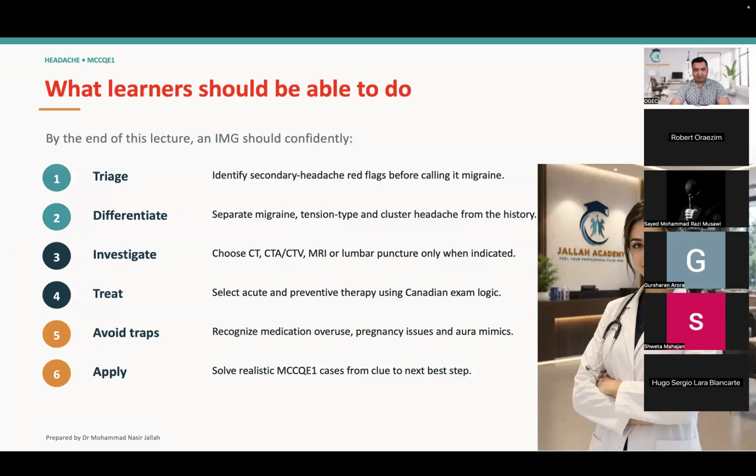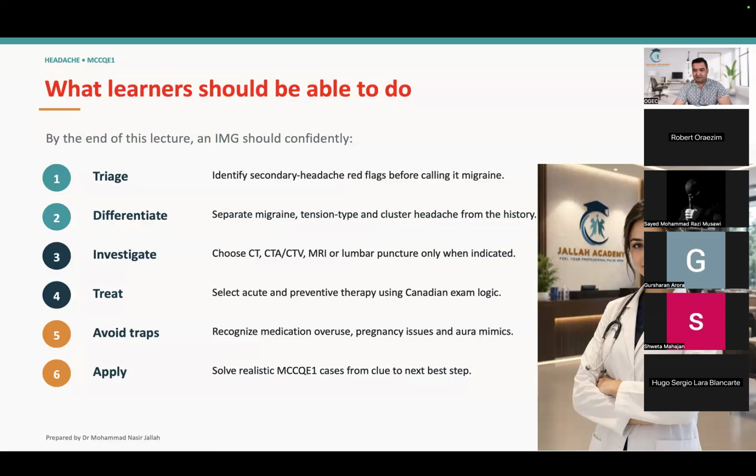the licensing exam. Regardless of which exam you are preparing, MCQ1 or NACOSKI, headache will be in the exam. And especially if you're preparing for the MCQ1, you cannot miss this one. I'm pretty sure that you guys know most of the topics about headaches. Again, I'm going to point out the most important and commonly tested